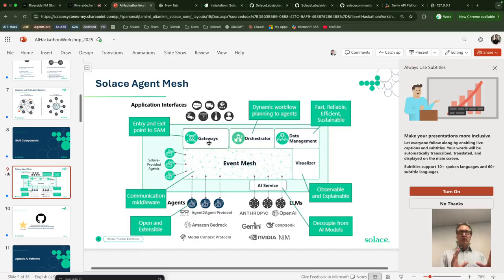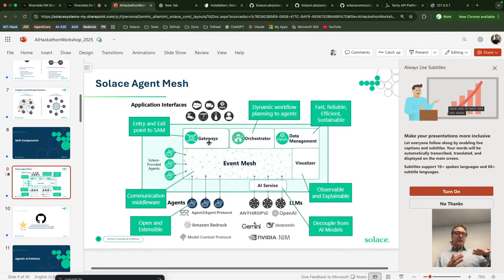The easiest one to use is just a web UI, like a chat interface. You just ask it questions, and it comes in through the gateway to enter the system. There's also REST API if you want to interact with REST, if you maybe have tooling you want to call it from a script or something like that. We have Slack. We have event mesh itself, so if there's events in the event mesh that you want to use to trigger other workflows, you can do that. Webhooks. So there's a bunch of gateways there.